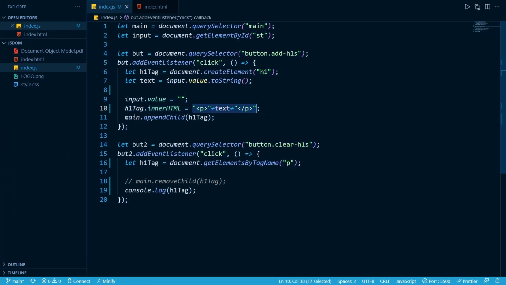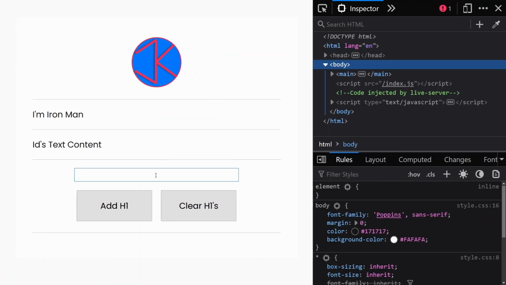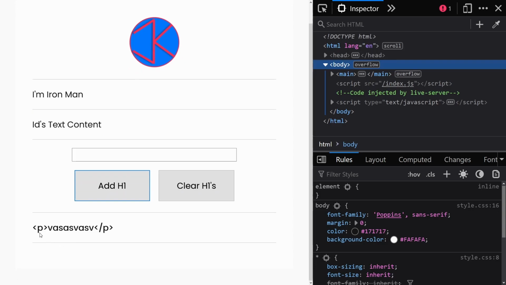We cannot only set the text content, but we can also set inner HTML. This is one of the properties exposed by document object model, HTML DOM. So if we try to do the same thing with text content, now we will have a different result. So as you can see here, it just treats it as a text.